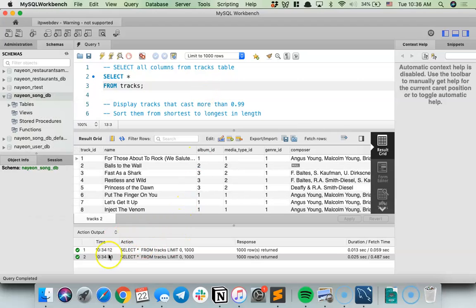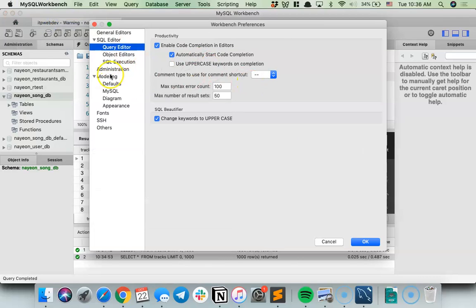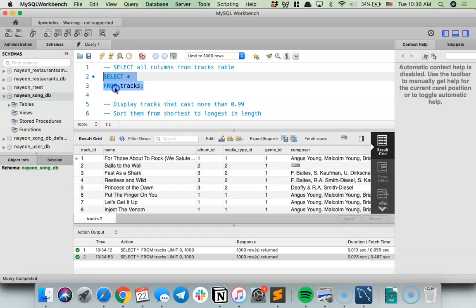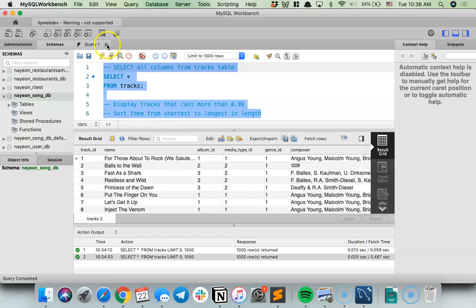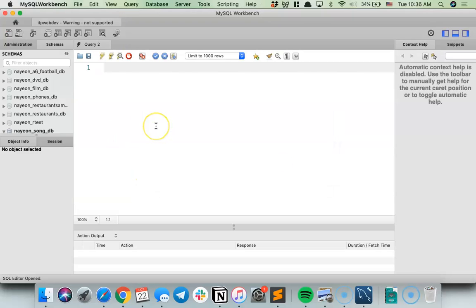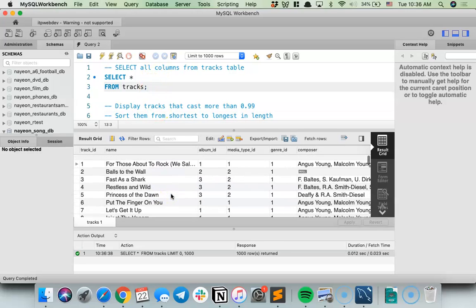On the very bottom here, you can also see a general comment. If there are any errors with your specific SQL command, it's going to show up on the bottom here as well, so that's also useful. I'm going to go ahead and bump up the font size just a tad, maybe like 16 or 15, just so we can see this better. Oh, I think I have to quit it. Let me come back. Okay, there you go, a little better.